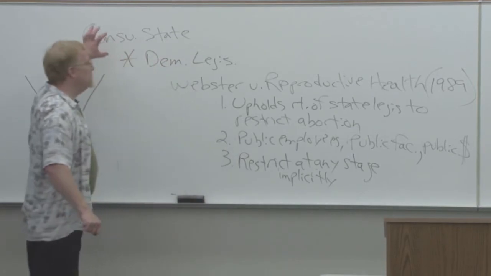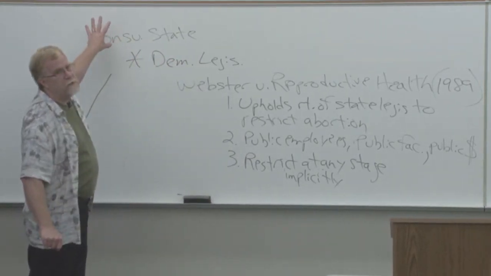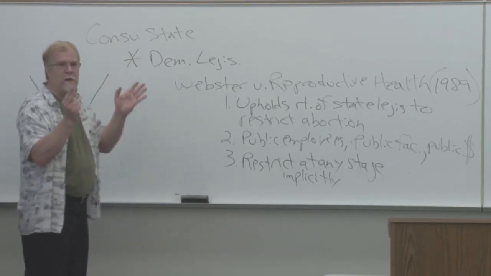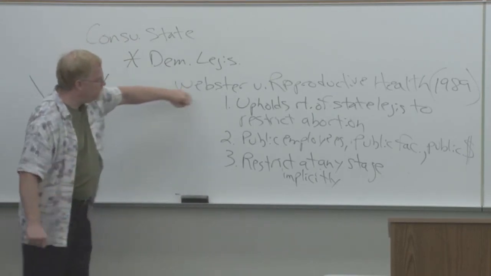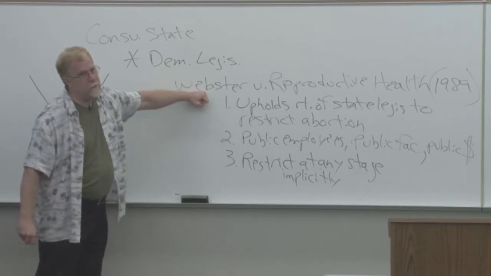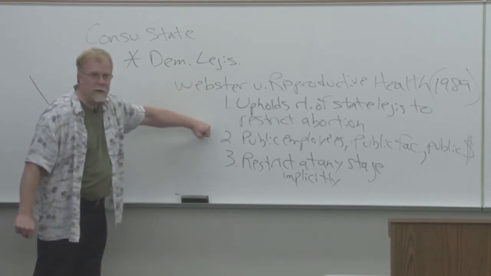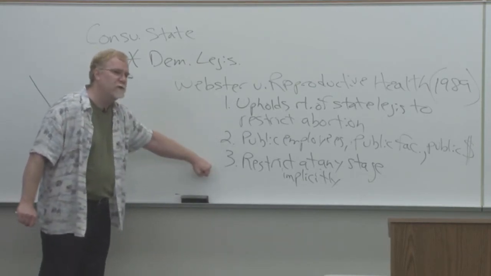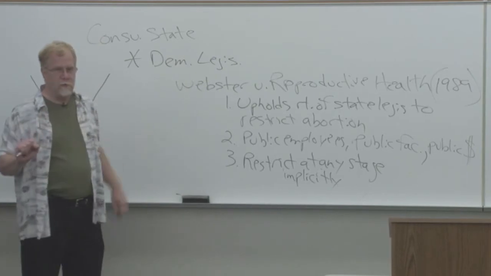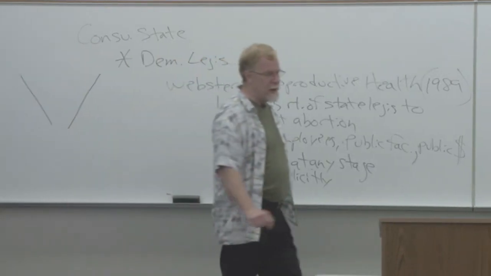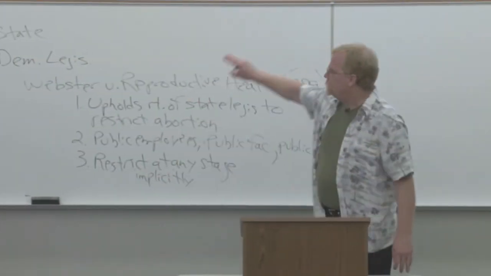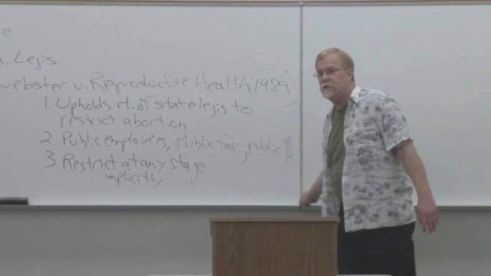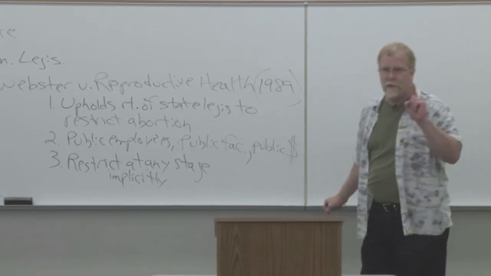So, in response to the 1973 decision of Roe versus Wade, Missouri attempts to restrict abortion rights in the state of Missouri. At first, the Supreme Court is reluctant to permit these restrictions, but slowly and surely, the Supreme Court of the United States allows Missouri to increasingly restrict abortion rights in the state. Now, we're going to use this line right here to talk about some dramatic changes in the state of Missouri and also on the Supreme Court.